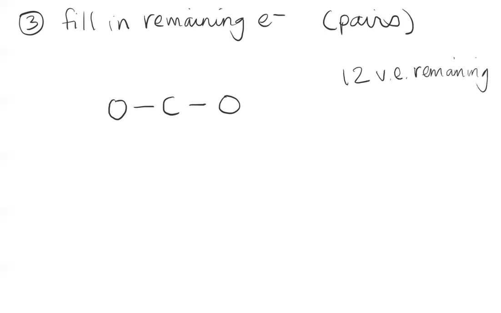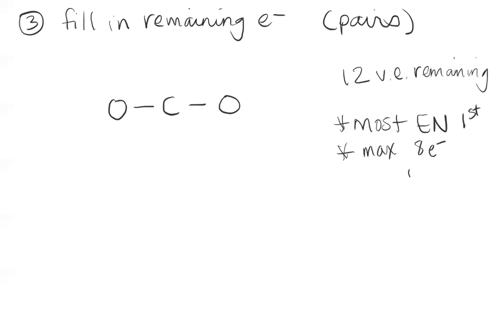I go through and fill my electrons into my structure. The way I decide where my electrons go: the most electronegative atom is the one that likes electrons best, so it's going to hog the electrons. I'm going to put my electrons around the most electronegative first. And as you guys know, the octet rule is a max of